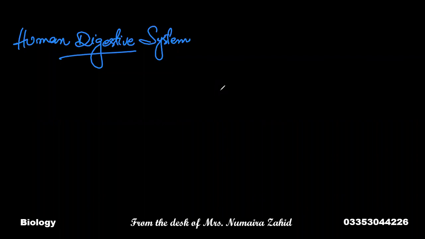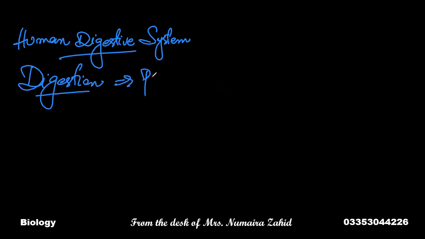This is Mrs. Numaira Zahid, and in this lesson today, for biology, we are going to learn about the human digestive system. Before understanding the human digestive system, we must know what digestion is and what kind of digestion occurs in human beings. Digestion can be defined as the process during which the complex,